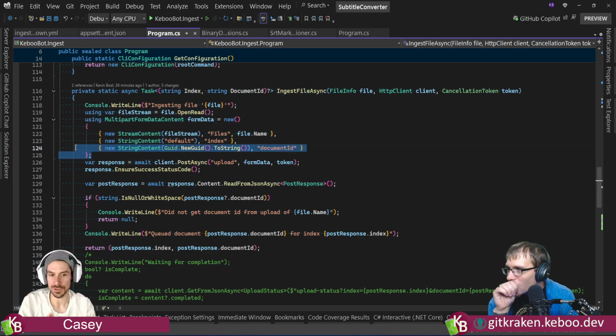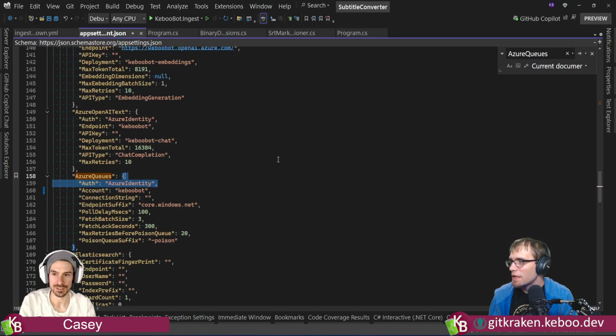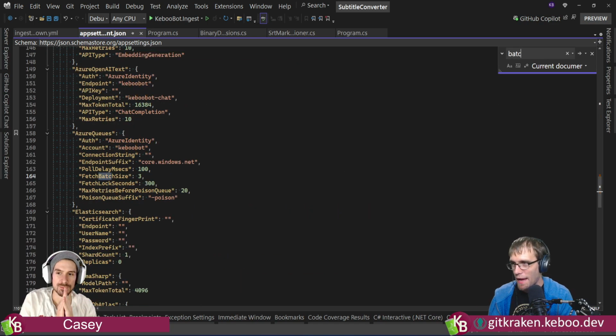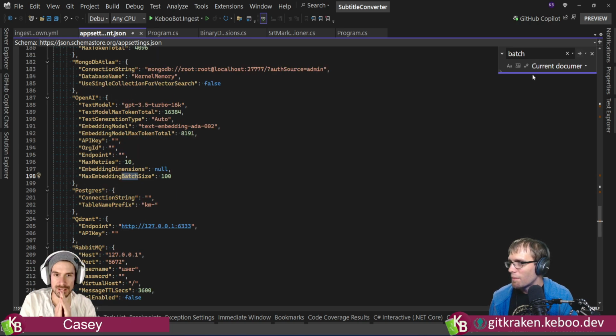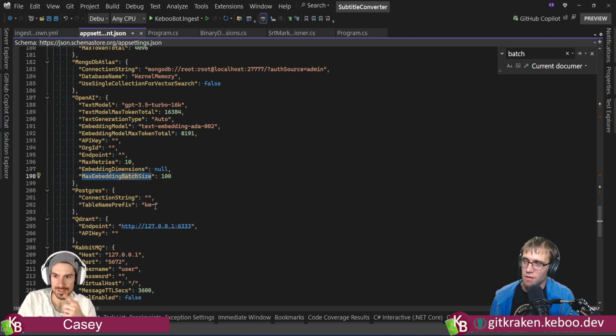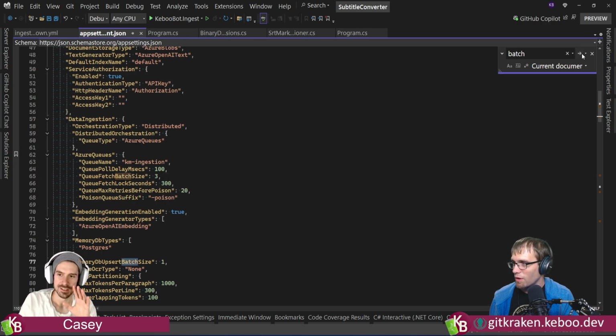It may be a configuration, because this is going to be down at the kernel memory level, so it's going to be in here, right? What you're saying is come in here and search for the word batch. This is fetch on the queue. That's probably not it. Max embedding batch size, because I assume this is the batch that's being sent to OpenAI in one request, yeah. So maybe we're accounting for it and it is using that already. I just wanted to make sure. Is that reasonable?